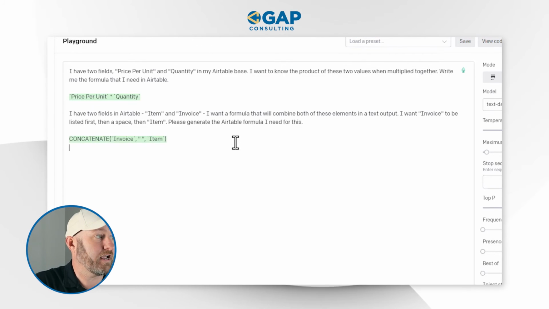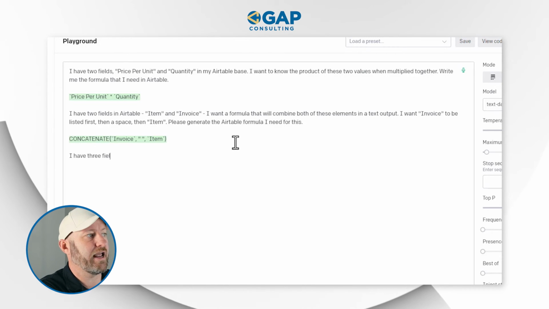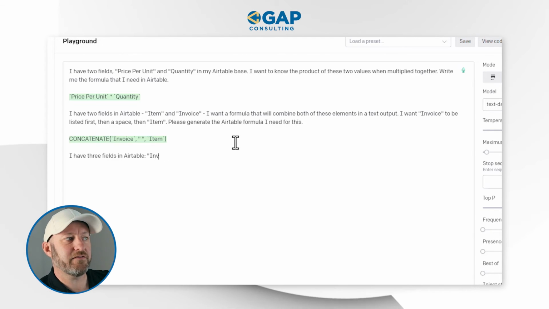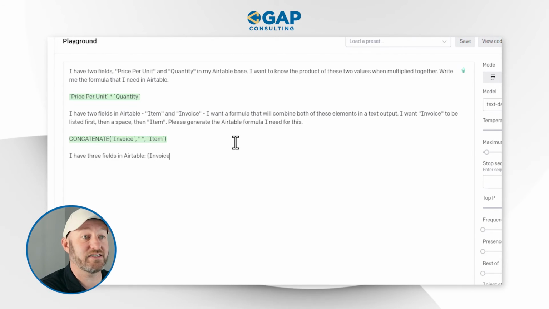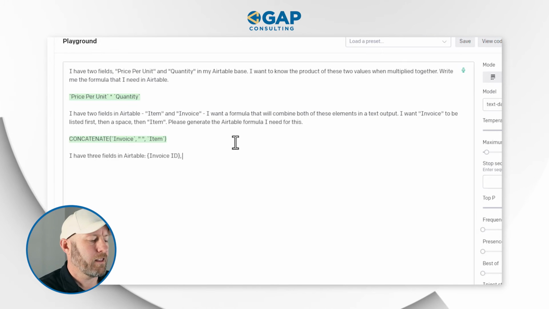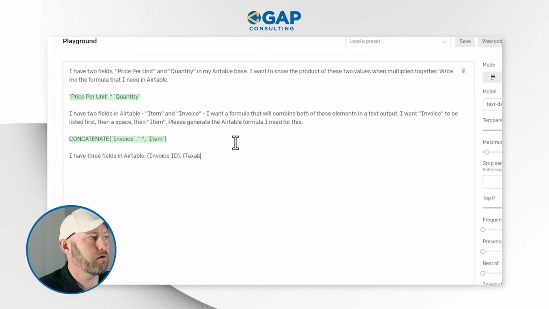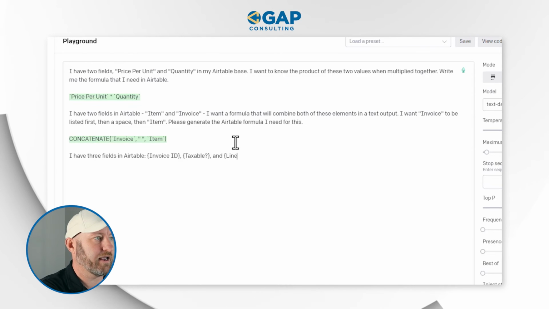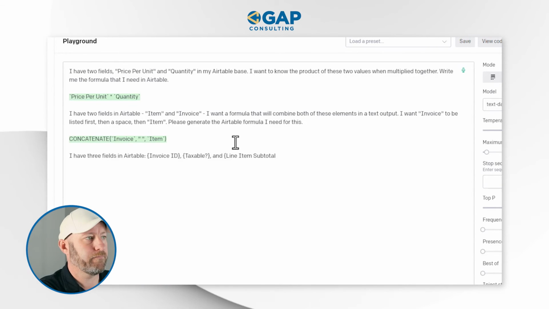I'm going to start by saying I have 3 fields in Airtable: invoice ID, and instead of using these quotes, I'm going to start using squiggly brackets to see if that helps. Invoice ID, taxable, question mark, and now I already forgot. So invoice ID, taxable, and line item subtotal. Okay. If an invoice ID and line item subtotal